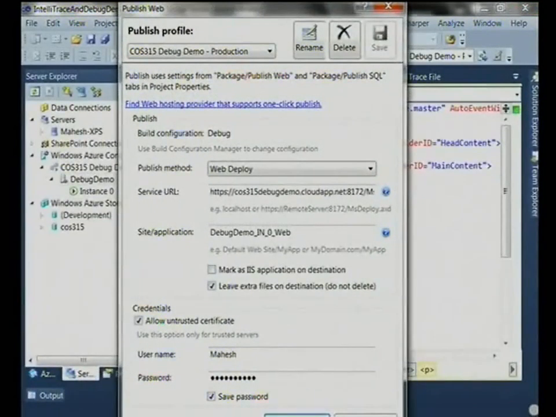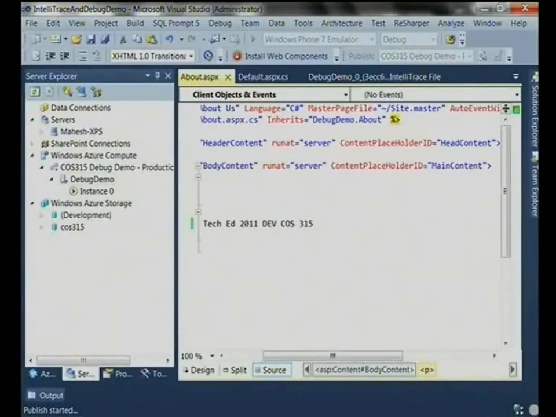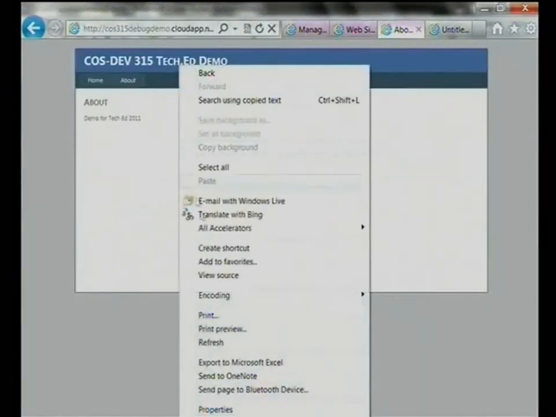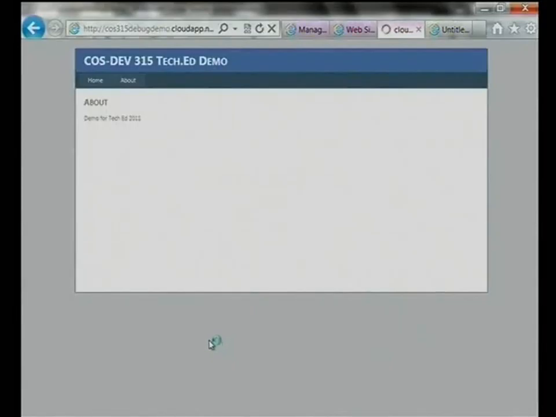Yes, I want to stop debugging. Notice it says publish started. And there you go. It's done. Publish succeeded. So now if I go back and do a refresh, there you go. Now if any of you have had troubles spending 15, 20 minutes every time to deploy, that is a great thing to have. Just really quickly deploy it, and in less than 30 seconds it's up there for you to see. But it comes at a cost.